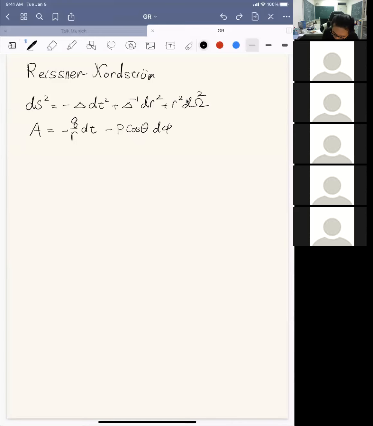And of course, once you have your vector field that takes this form, then you know that you have two non-vanishing field strengths. So you have the time and the radial component equals r squared q. This is the electric field that you usually have. And then you're going to also have the magnetic field associated with it.